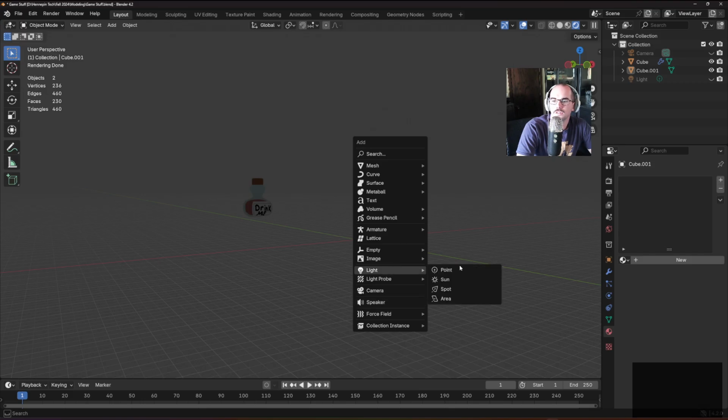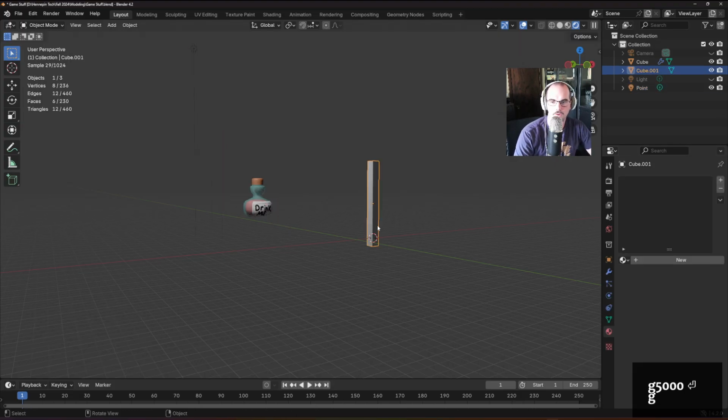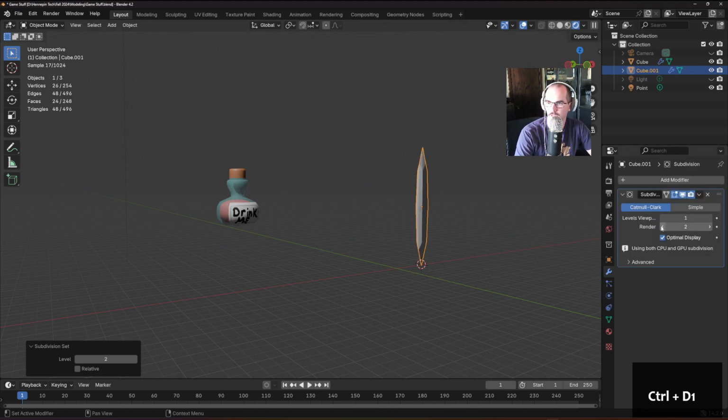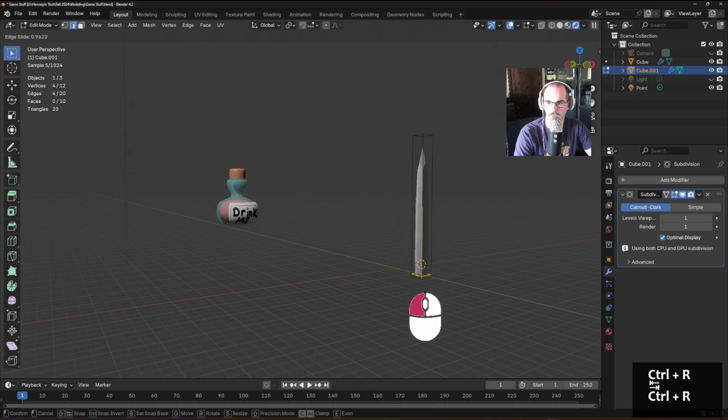Oh, I changed the render, but now I just got to put a light in here. Do a control 2, or control 1, and ding, ding, put those down, and tab to edit, R, do a loop cut like this,